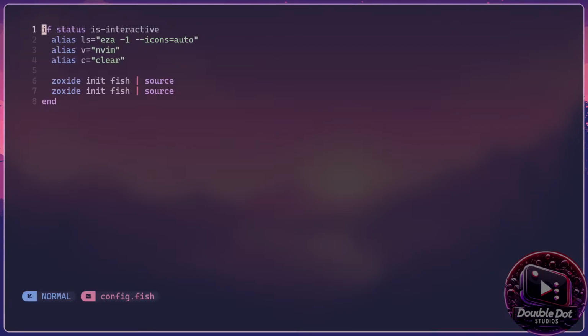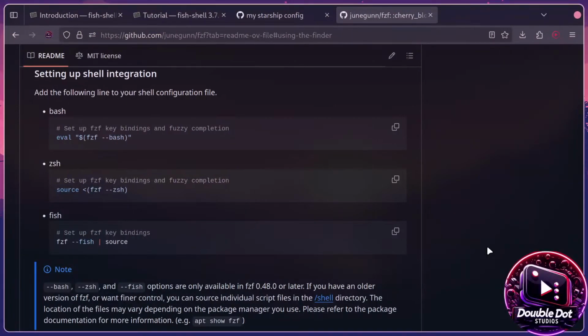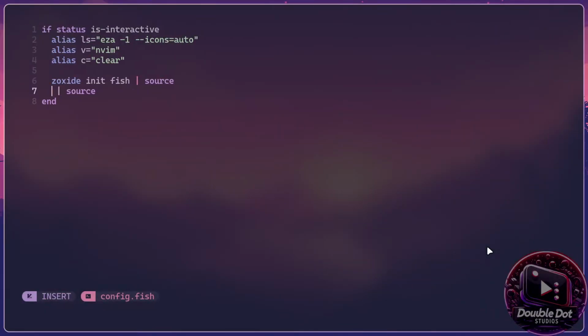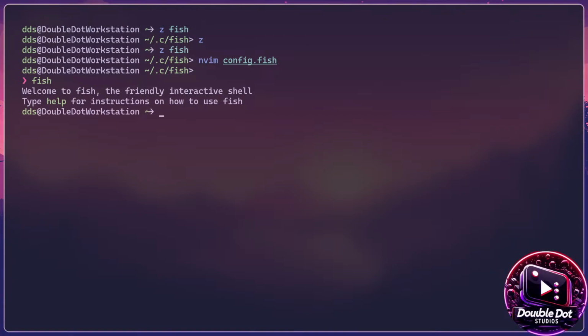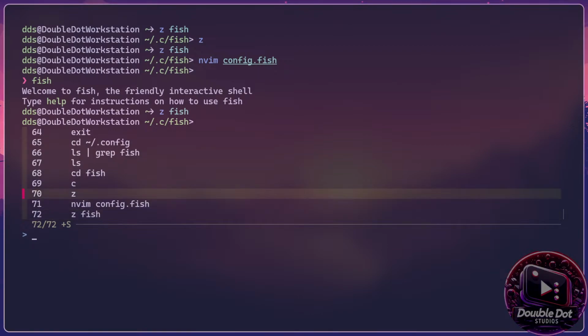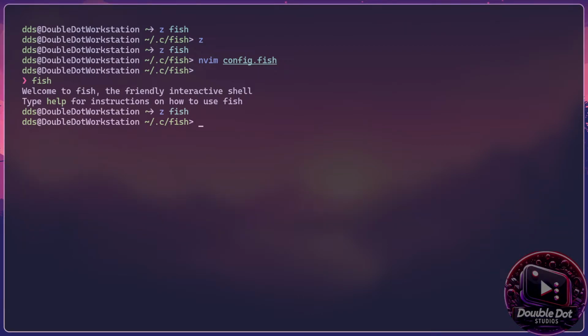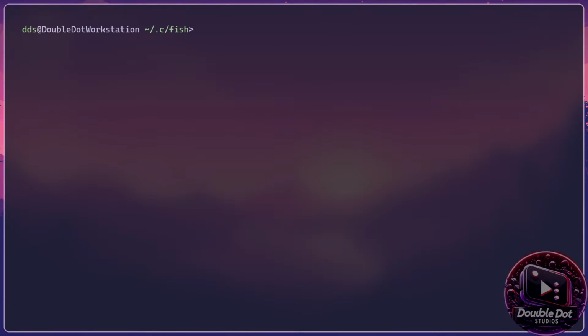Going to do that and change this. I also didn't change it at all. It should be FCF -- fish. Okay, now if I exit and re-enter, we should be able to do Control R. Yes, Fuzzy Finder. I'm going to just clear the screen. Okay, this is good. We now have Fuzzy Finder